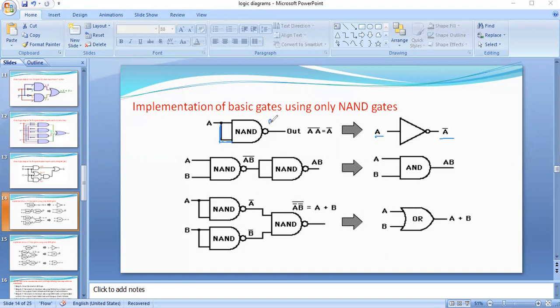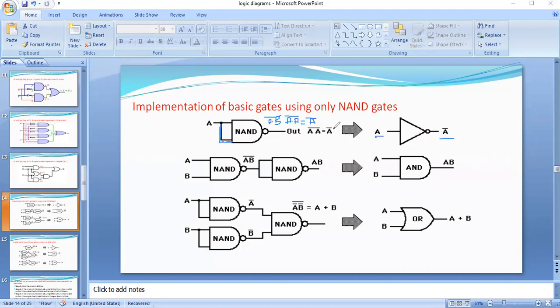So we know that for the NAND operation, if the two inputs are A, B, the output is (A dot B) whole bar. But here both the inputs are equal, A is equal to B. So what we have to write is (A dot A) whole bar. From the AND law, A dot A is equal to A, and keep the bar as it is. See here, if both the inputs are shorted to the NAND gate, the output is equal to the NOT operation.